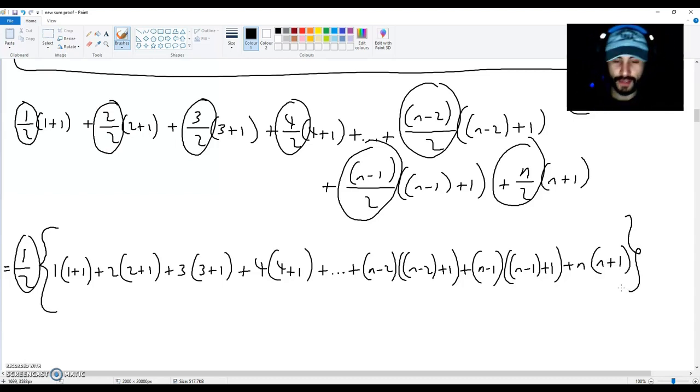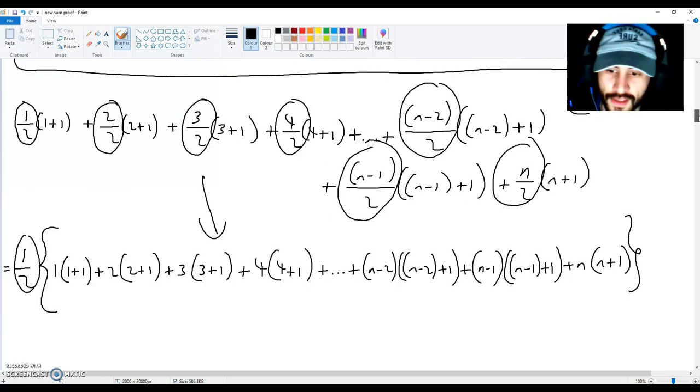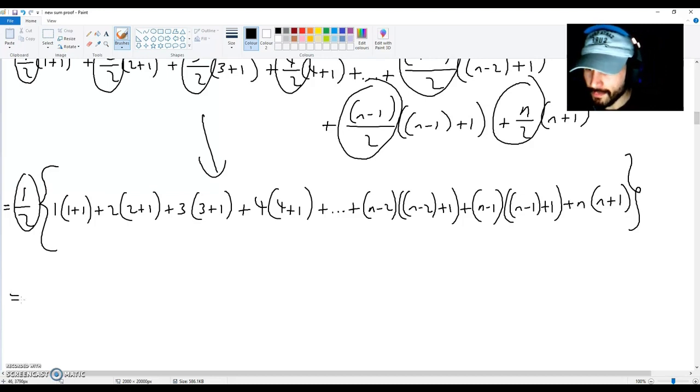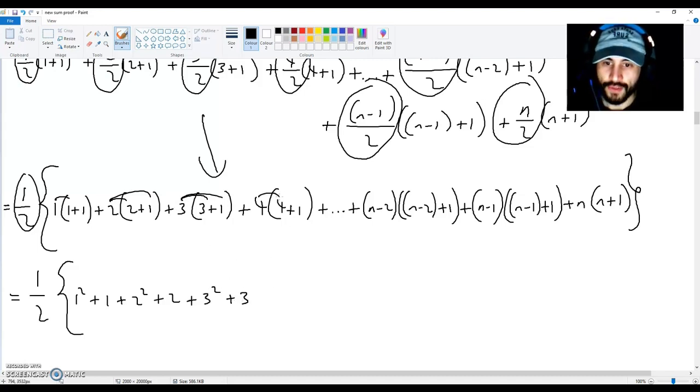Now let's move on to the next part of finding this formula. So we've got this right here. Let's see what we can cook up next. This is going to be equal to a half, and we have brackets here. So that's 1 squared plus 1, and then plus 2 squared plus 2, and then plus 3 squared plus 3, and then plus 4 squared plus 4,